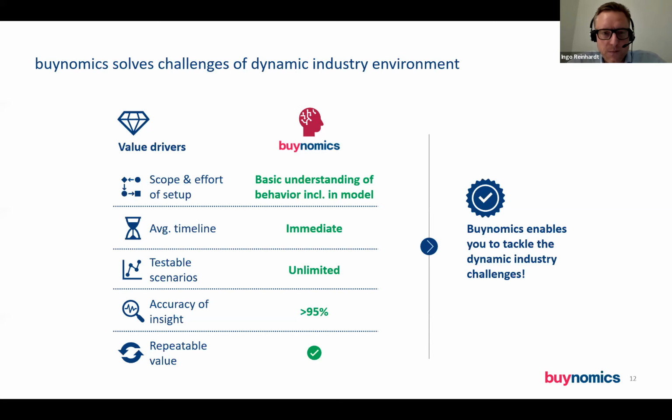So, and just to close the circle here, previously we had the same slide where we looked at a conjoint and saw many of the shortcomings. And what we see here is that it's basically better in terms of the speed in which you can have answers. Once it's set up, you can immediately answer questions. So something happens, you have immediately an answer to all your key questions. You can look at an unlimited number of cases, and this we demonstrated with a very high degree of accuracy. And you can also include behavioral things like price thresholds, for example, which are difficult to include in something like a price elasticity model or a conjoint model.